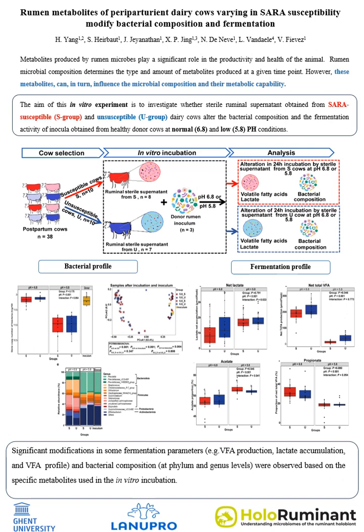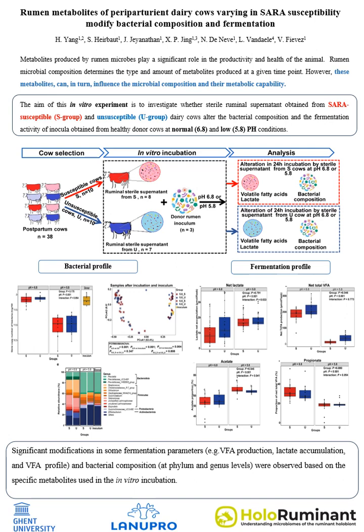When considering the results, the gene copy numbers of the bacteria were higher at pH 6.8 than pH 5.8, irrespective of the origin of the sterile supernatant. When considering the beta diversity, PERMANOVA analysis revealed differences in beta diversity between the inoculum before incubation and the bacterial community after incubation at both pH 6.8 and 5.8. But no differences were observed in bacterial beta diversity related to the origin of the sterile supernatant